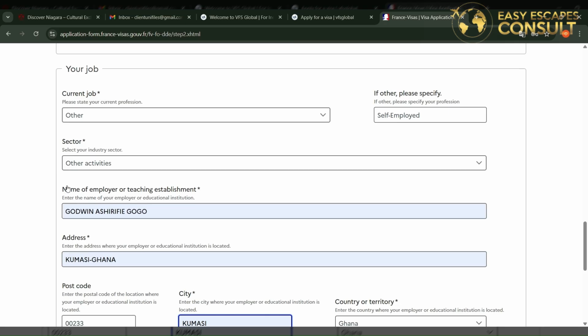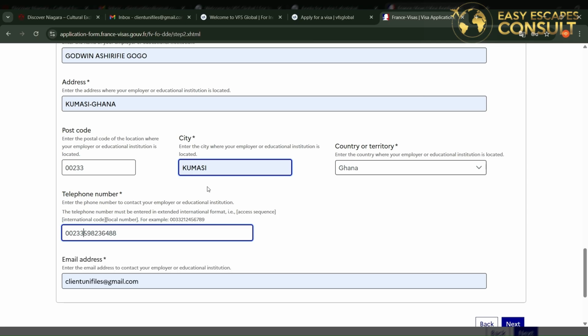So the name of employer, I think you can put the name of the company here as the name of employer. If that's only, I'm gonna do a research about that one. So you just put the employer's name here, then you put the employer's information, the telephone number, and also the email address, the country that the employer is in, the postal code, and the city that the employer is in, and also the address and everything. So when you get to the telephone number, you're going to see